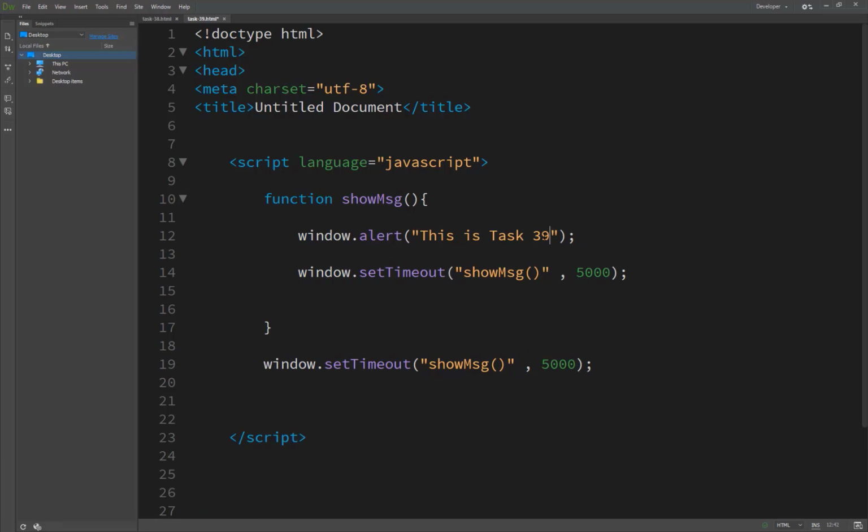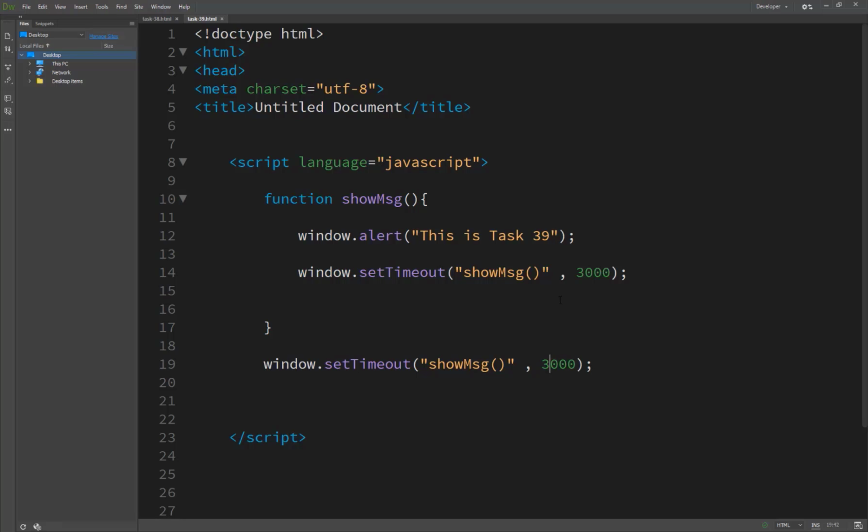So here we set task 39, and we start at 3 seconds. To illustrate this, the following script creates a function that displays an alert dialog box and schedules it to execute every 3 seconds. The alert dialog box will appear every 3 seconds. To get out of this, simply close the browser window.